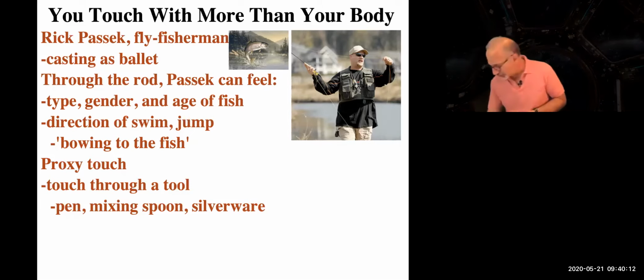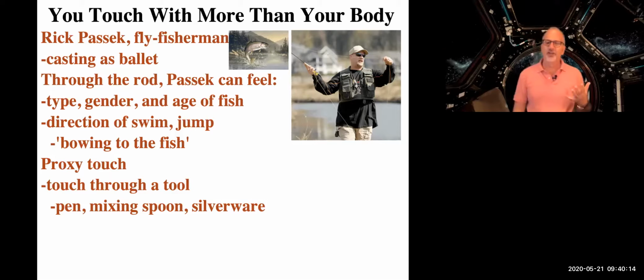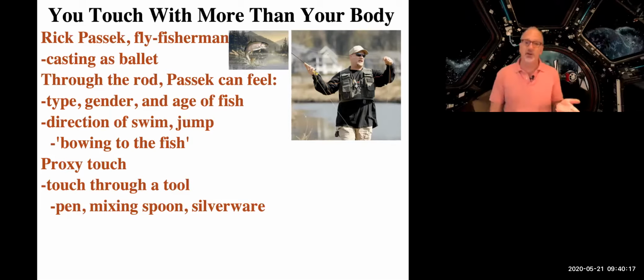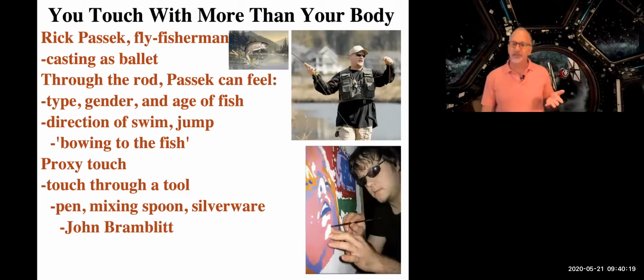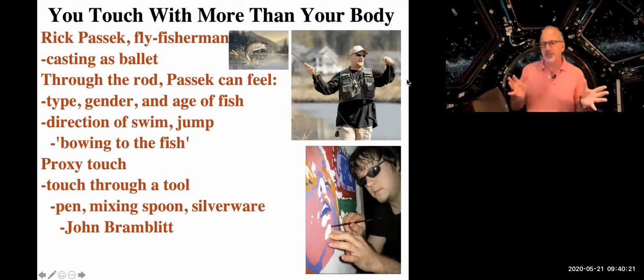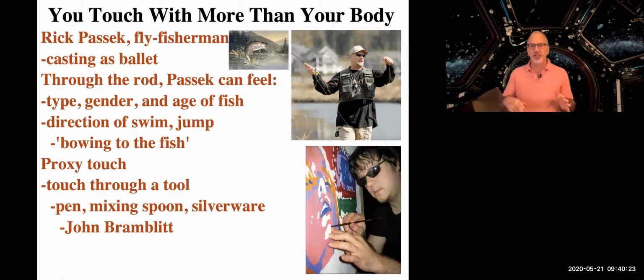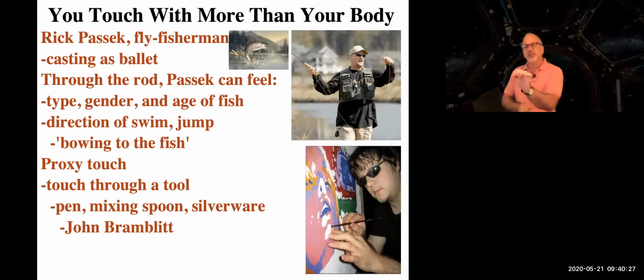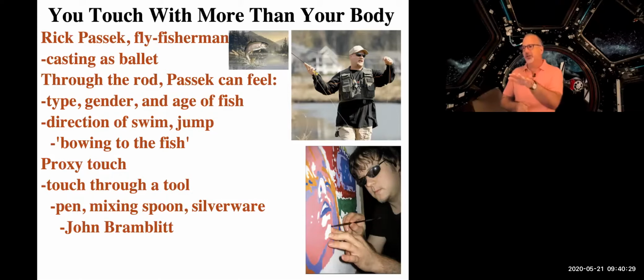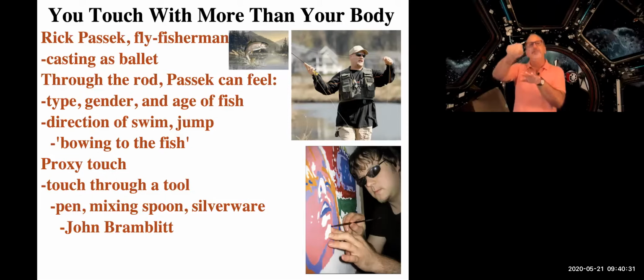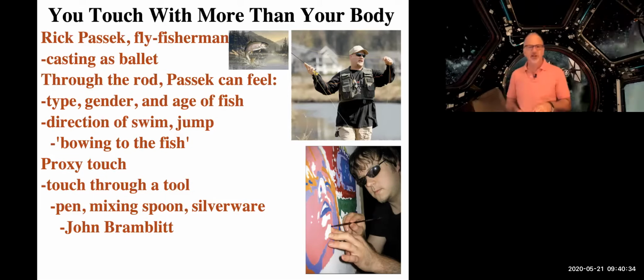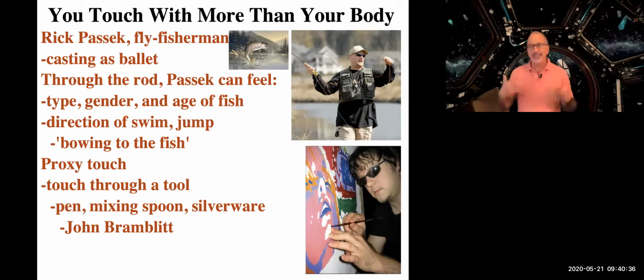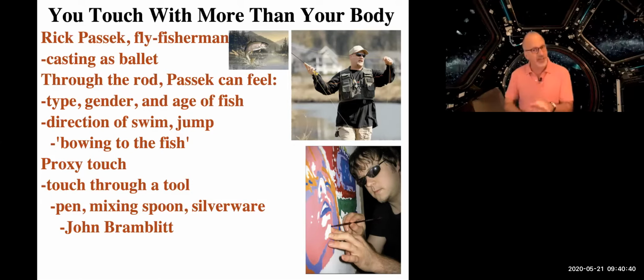Certainly one of the most impressive examples of proxy touch is something we've talked about already as well, and that's our friend John Bramblett. And his situation is just amazing. And remember, he used to have to touch the painting's raised lines to know where to keep within the lines in order to paint different colors. But then after a while, he said he didn't even need to do that anymore. So that picture you see of John right there touching with his left hand was taken a long time ago.